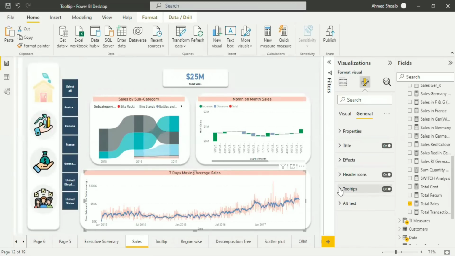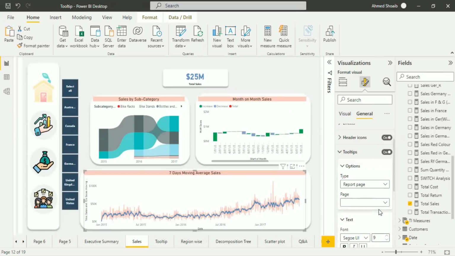click this drop down like this. It says this is your report page, and you need to select whether you want auto. Auto is when I already have a tooltip over here. So Power BI is asking whether you want to select auto or go to your own tooltip. I'll say I want to go to my own tooltip. So I'll select it over here. So now what I'll be doing over here,